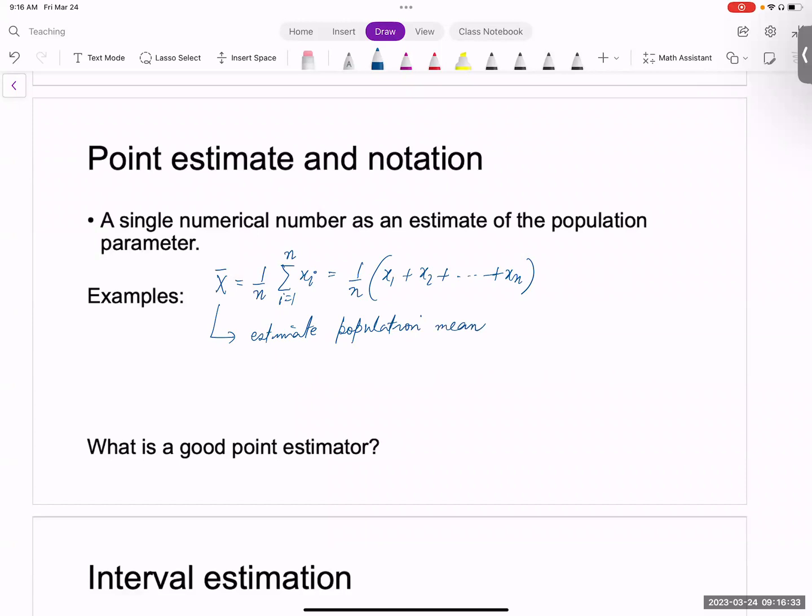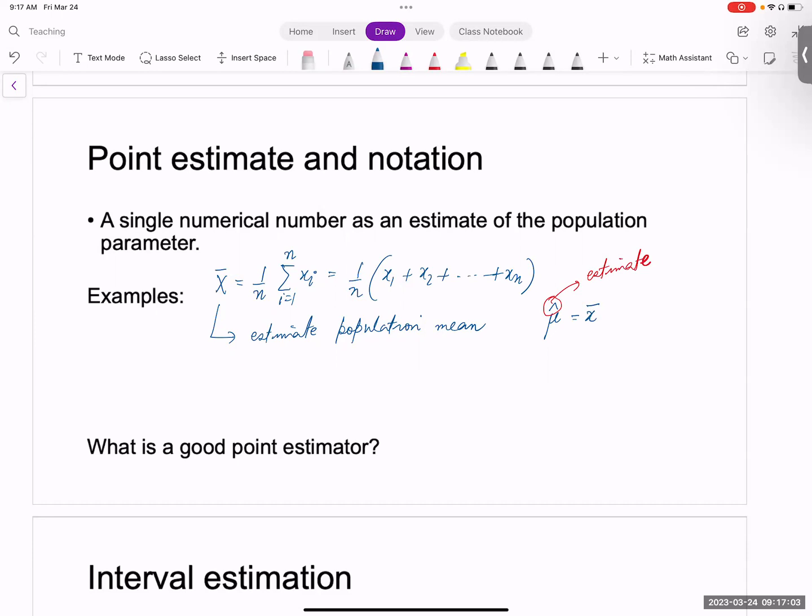So we use a specific type of notation here. We say that if we are going to estimate mu using X bar, the estimate of mu is written as mu hat, and mu hat is equal to X bar, right? So this thing right here is a notation for estimator, or let's just say estimate. That's better,